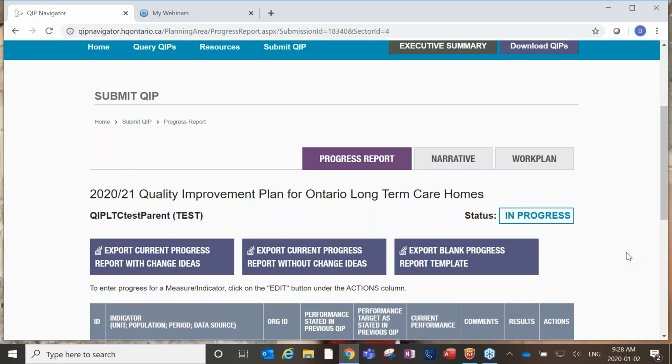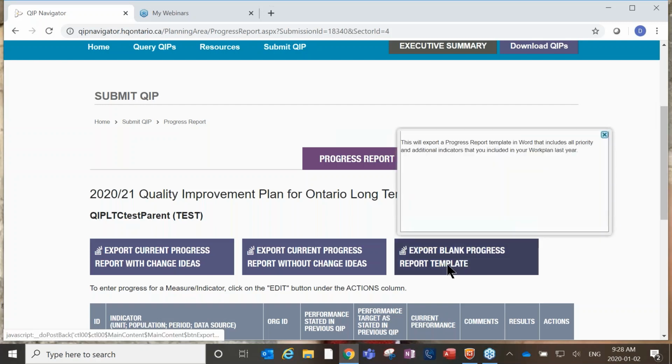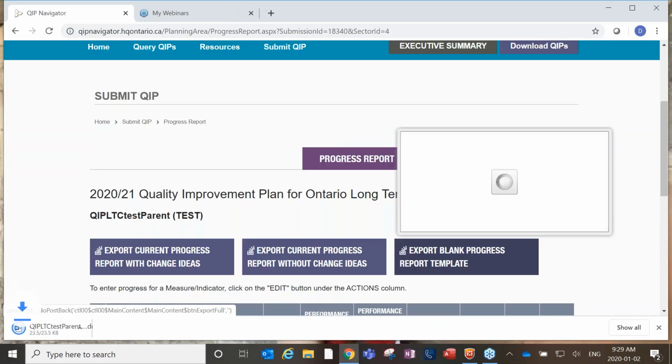Before starting the process of editing your progress report, you will need to prepare for what you intend on including. It is a good idea to export a copy of the progress report using the third export button, Export Blank Progress Report Template, which will list all of your indicators and change ideas that were included in your previous year's QIP work plan. You can then take this report to the members of your QI team and others in your organization to discuss: